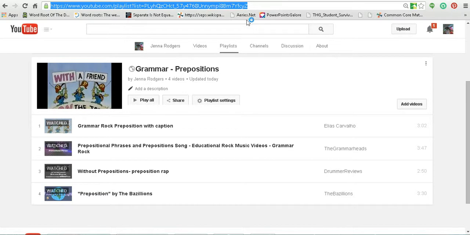That allows students to work their way through the content at their own pace. They can pause if they need to. They can replay parts that they need clarification for. But most importantly, they're in a secure area where they only have access on your playlist to the videos that you've hand selected for them. This is called curating videos.